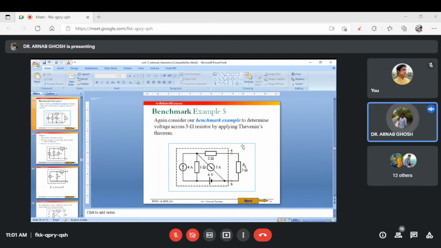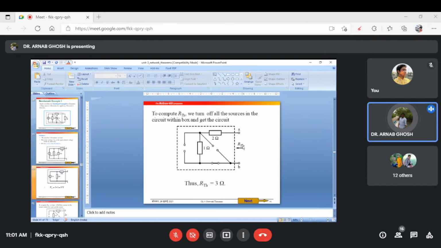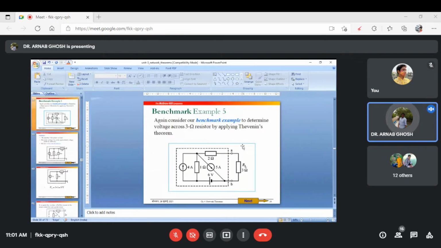So now you calculate the voltage by Thevenin's theorem. You already know the answer as 2.5 volt. You remember? You have already got the answer as 2.5 volt for the superposition theorem. So by Thevenin's theorem also, the answer should be the same. So you calculate this considering this as a load resistance. First remove this, calculate the load voltage, the Thevenin's resistance, and then the Thevenin's current. So please do this. Try it, or else I will show it to you. First try it.